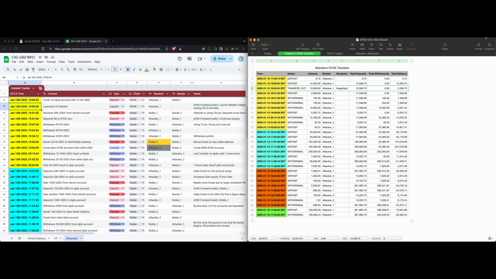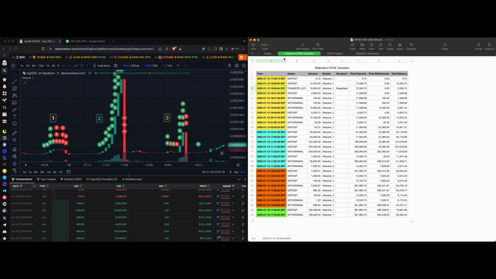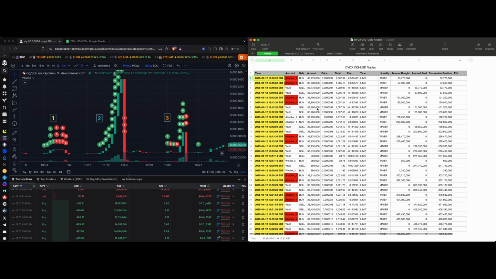Now, as soon as that happens, what happens 5 minutes later? Well, the attacker immediately starts buying and having a long position on SIG, right? Who's he trading against? Well, the vault, because the vault is the only one that is providing liquidity. And as you can see here, I marked it as red so it could be much clearer about what's happening here. Over here, we have the amount of SIG that he purchases, the exact price at which he purchases,